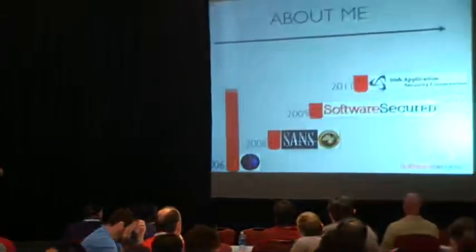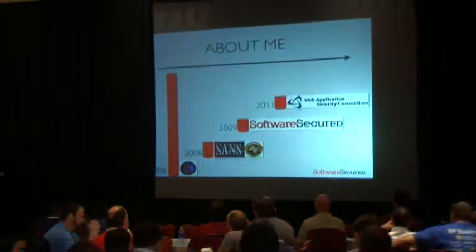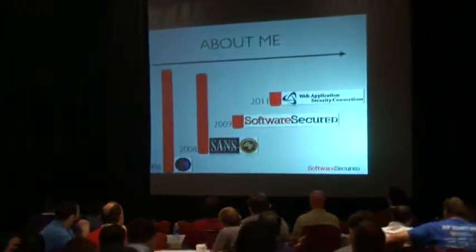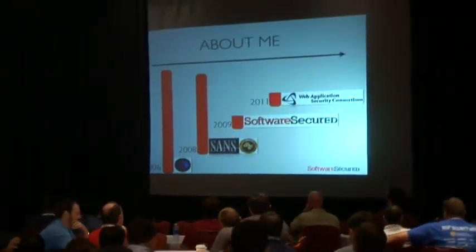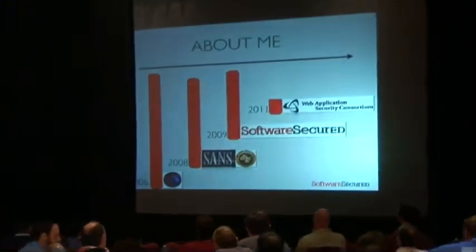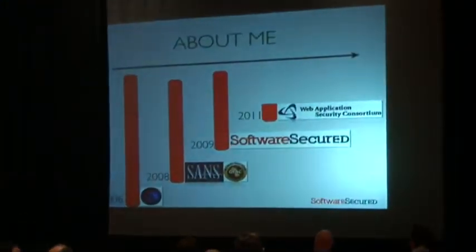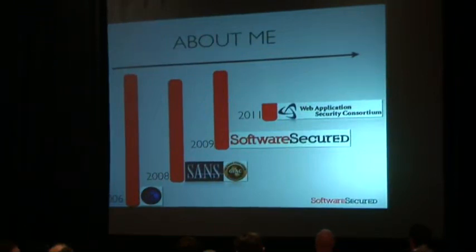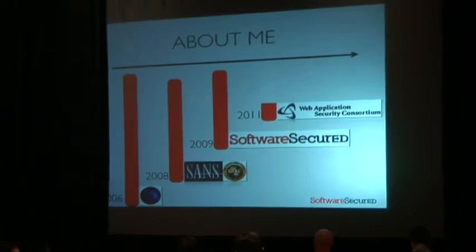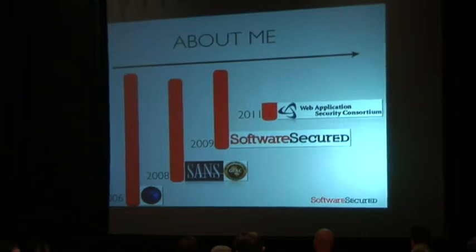Hi, my name is Sharif, and thanks to Austin, I started OWASP back in 2006, worked with SANS starting 2008, started Software Secure 2009, and helping Web Application Security Consortium, a nonprofit organization, define static code analysis criteria to help software organizations who are trying to acquire software static code analysis tools, help them pick the right tool for their